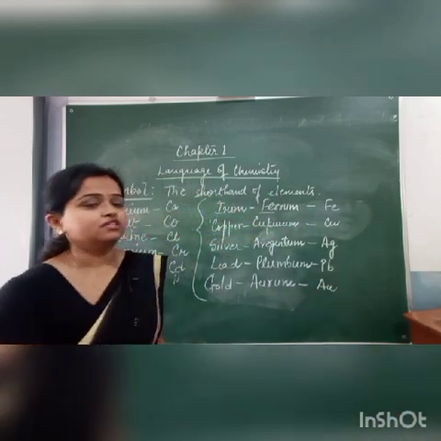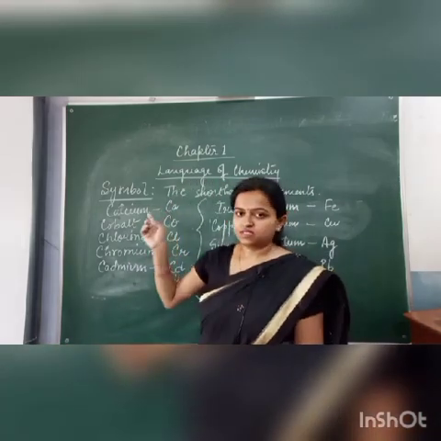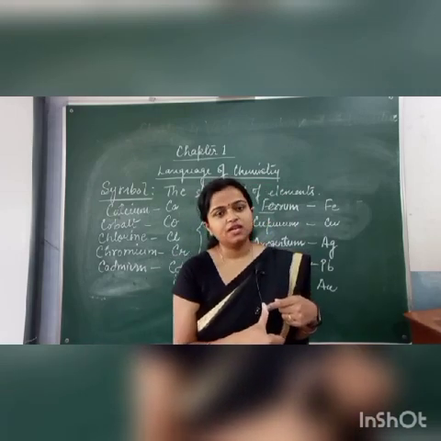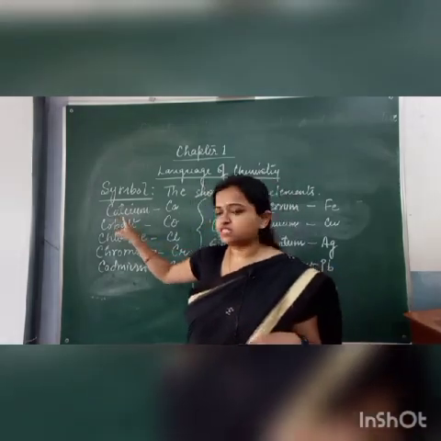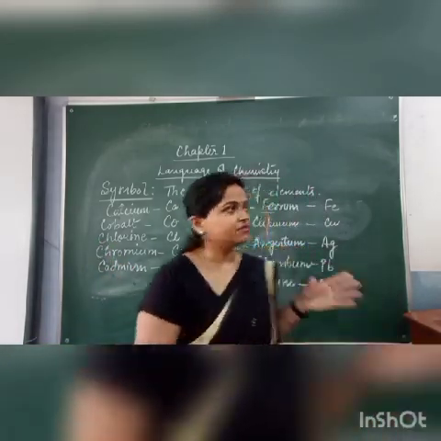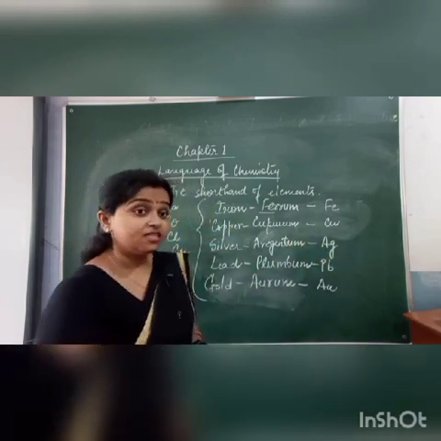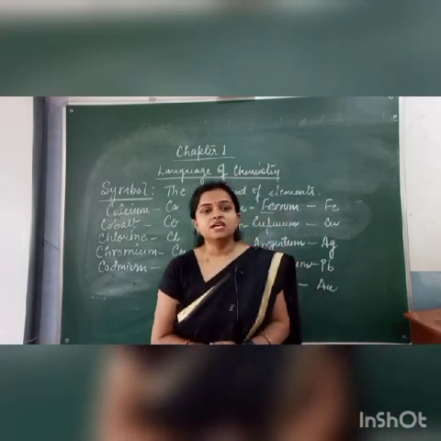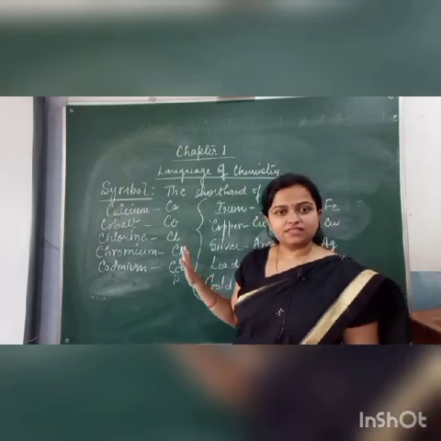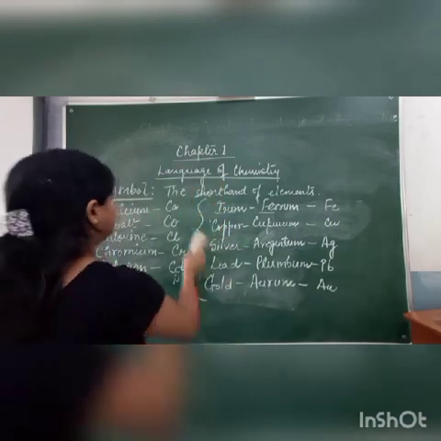So these are the 3 points which we have to keep in mind for how we have to identify the symbols. First, we go through the first letter of the element, that represents the symbol. Then the second rule, we go through the first and second, or first and third, or first and fourth letters. It represents a symbol. And in some of the cases, we have to go through their Latin names and their symbol is identified. This is how symbols came into existence, and till now we are studying that. I think this topic is clear to you. Now we can proceed to the next topic.